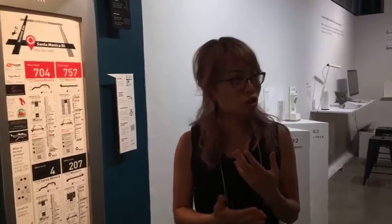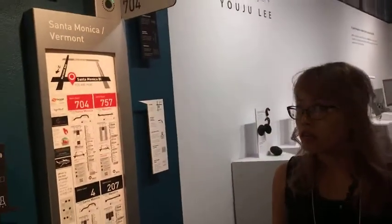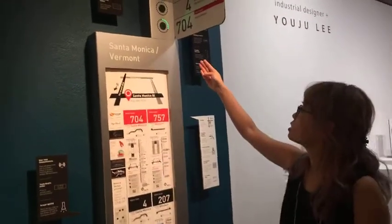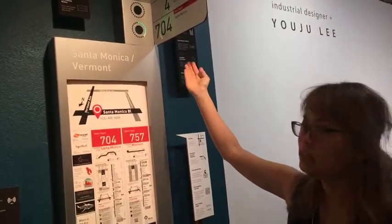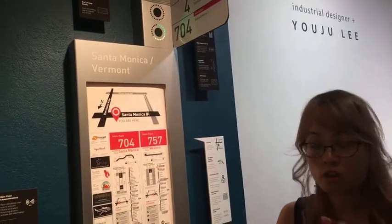It uses the typical traffic indicator coloring to tell you when it's here. For instance, if it's green, then that means you've got a little bit of time left to go. If it's yellow, so here we're starting, it's green. Yellow, start hurrying up, and it'll go to red, which means you have a critical amount of time to get